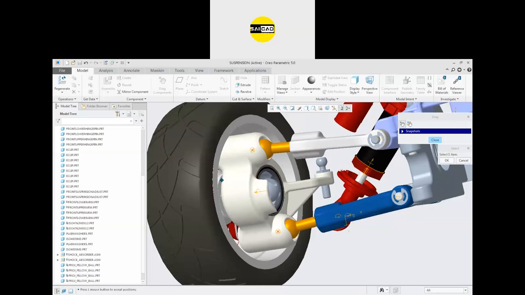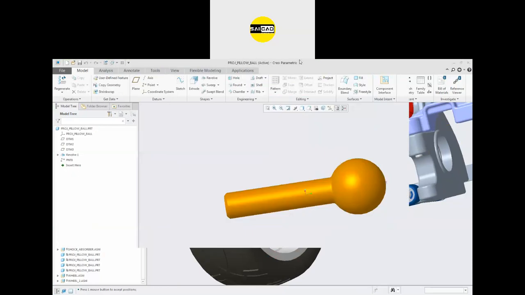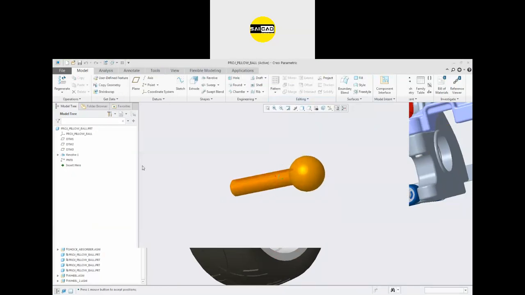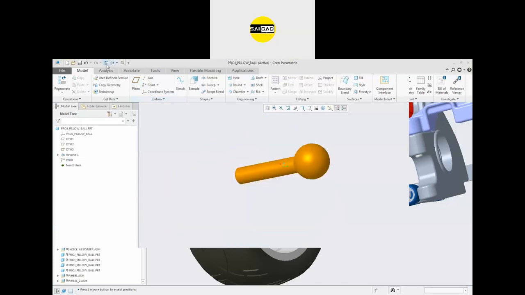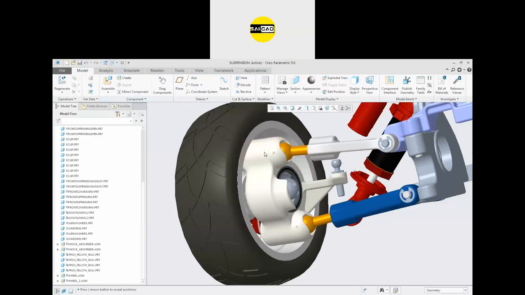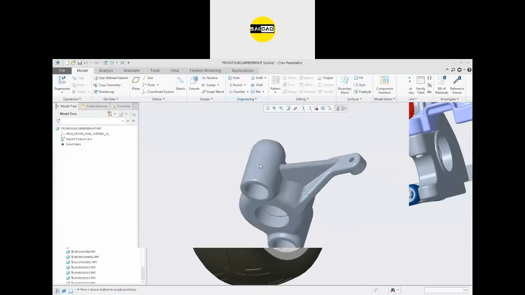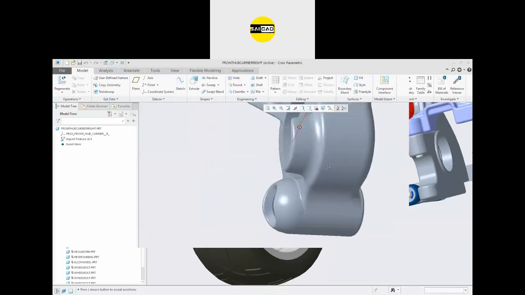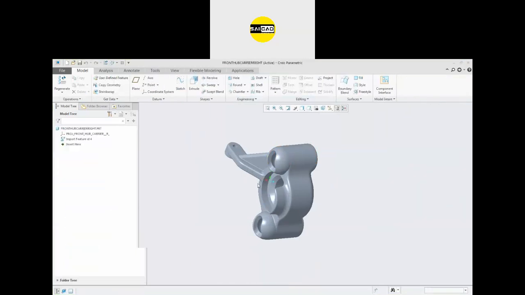We have to create those points. I have created these points manually. If I go to the open, you will see here there is a point, and the point is created from the command point form. Okay, I have created that point manually. If you open this part, there is again the point. Okay, point 50.